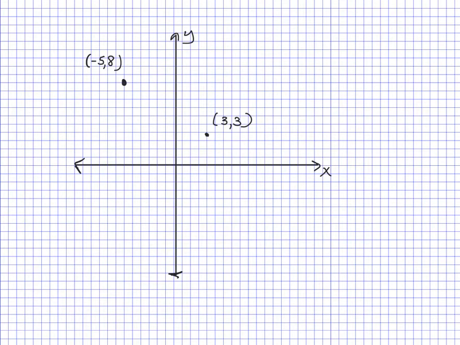Okay, let's go ahead and find the distance between these 2 points at (-5, 8) and (3, 3) two different ways. The first thing we're going to do is use the Pythagorean theorem, and then the other way is we're going to use the distance formula. So using the Pythagorean theorem,